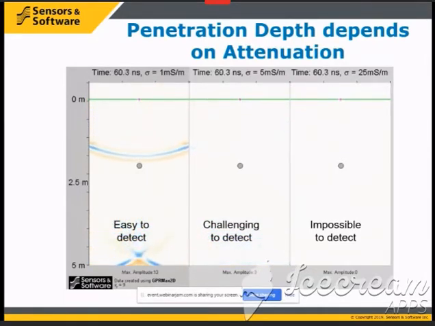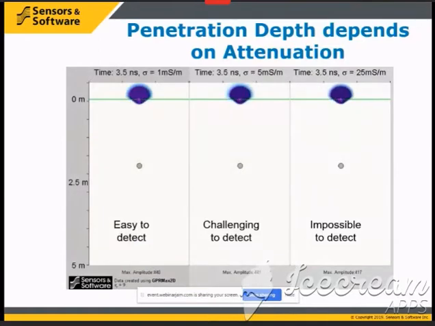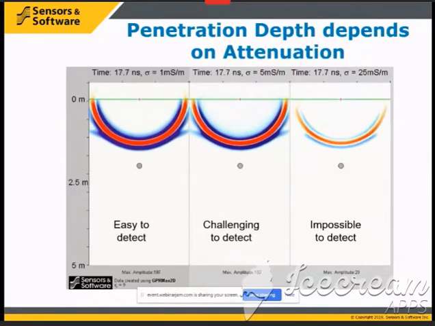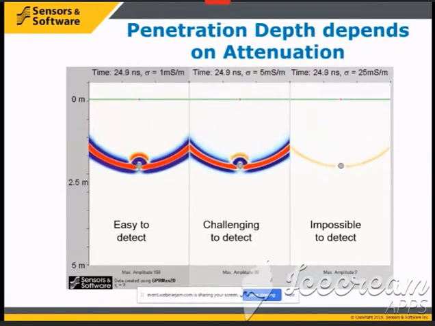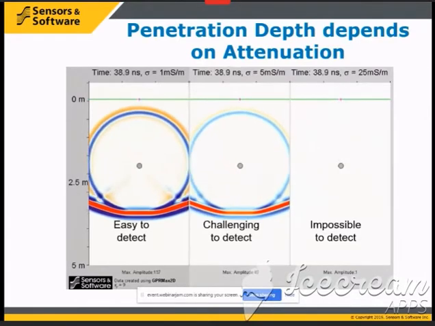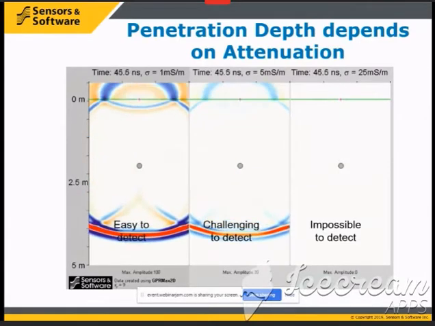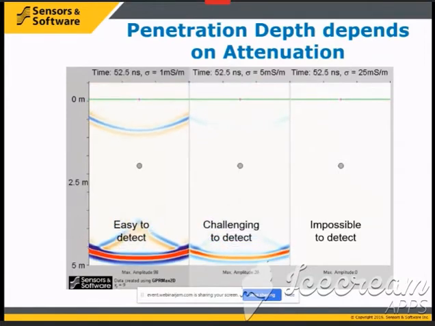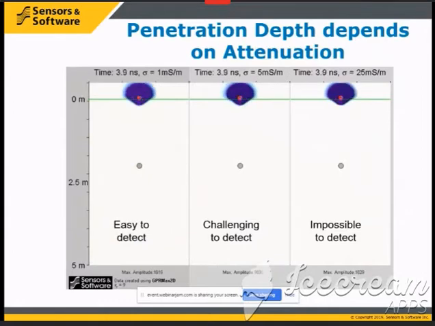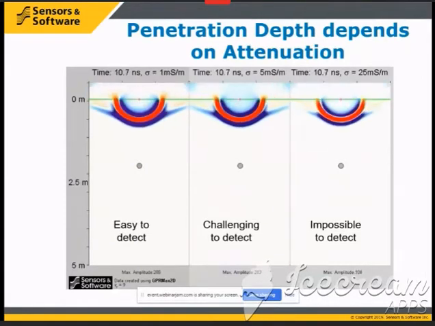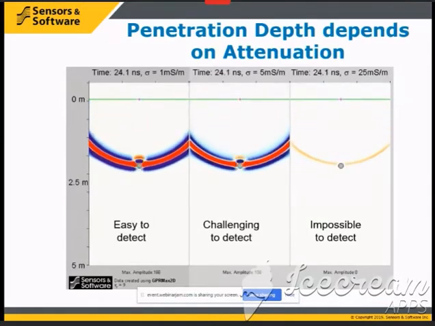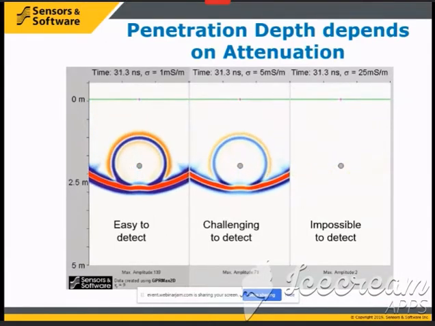The depth that GPR signals travel into the subsurface before they are completely attenuated or absorbed is controlled by the electrical conductivity of the soil. We know this more commonly as clay is bad for GPR, but the underlying cause for people to make that statement is that clay-rich soils generally have a high electrical conductivity. So here's an animation that shows what happens to the GPR signal as it travels in materials with different electrical conductivities. On the left, low electrical